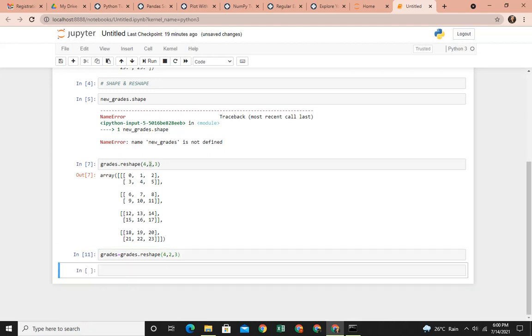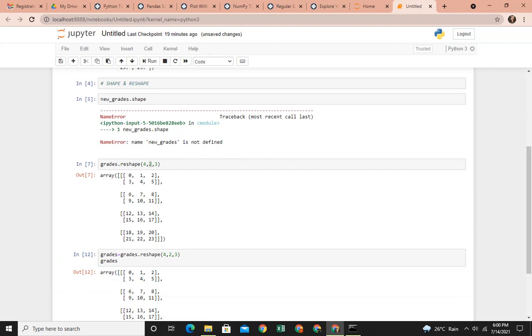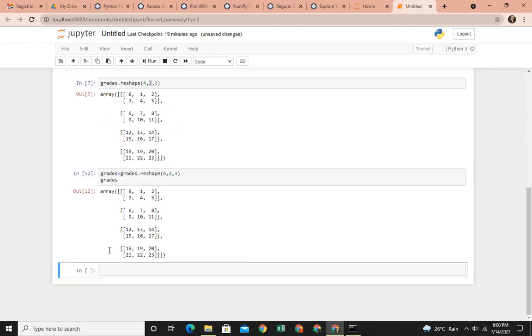So now grades has been reshaped. One good thing about Python is that you can always go back to the cells, make the changes and execute it again. It is kind of like dynamic programming. Now if I call this, you see that it has been modified.